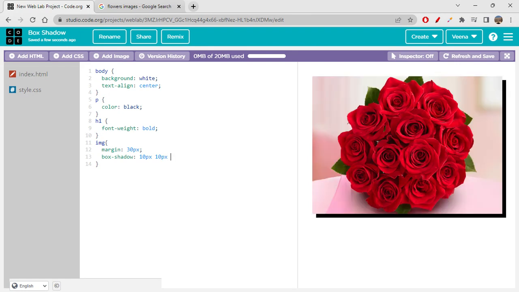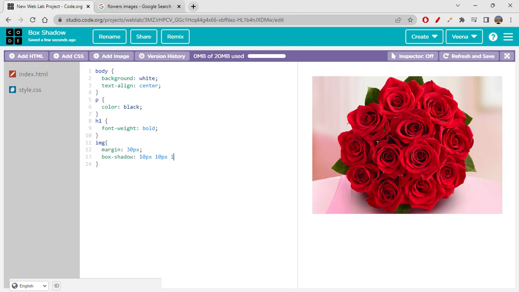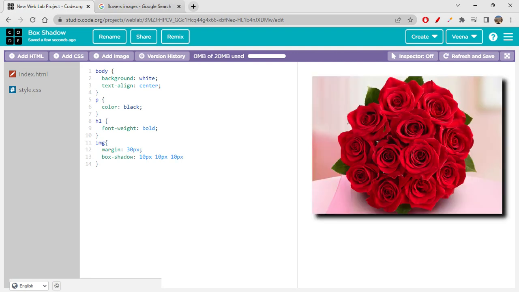You can see on the left it is giving a 10 pixel gap, and on top also it is giving a 10 pixel gap. And then it starts creating the shadow, right? So how much spread you want, that you will have to give over here. I mean to say, let's say I'm writing 10 pixels here, right? So you can see that change in it, right? So now it is giving 10 pixel